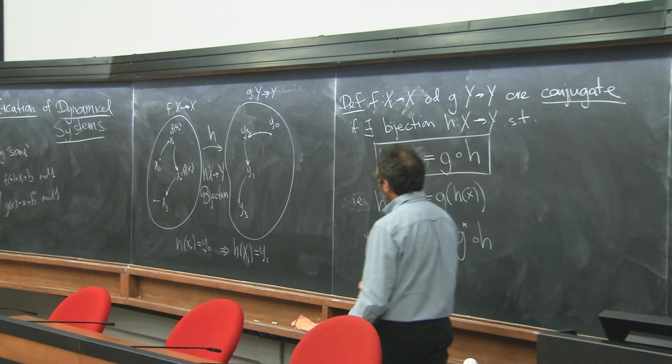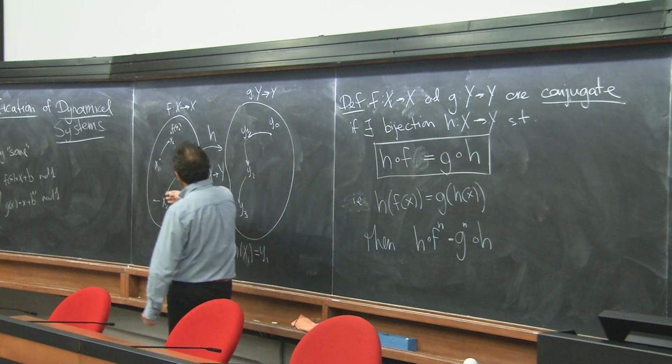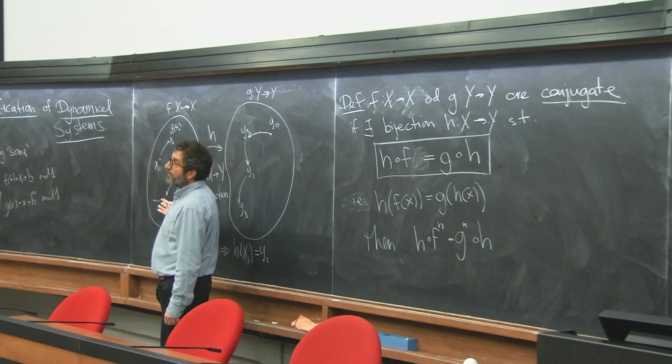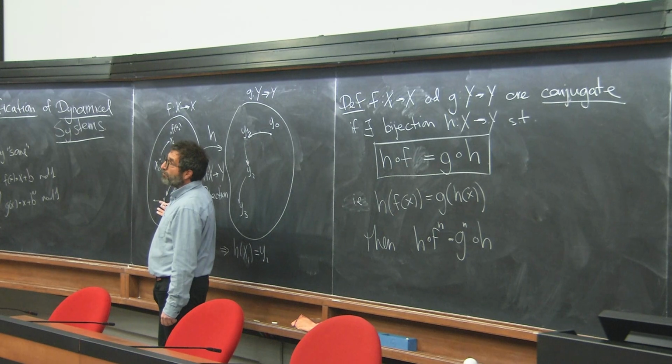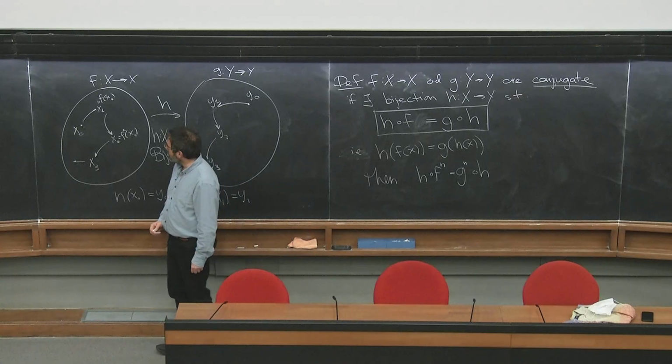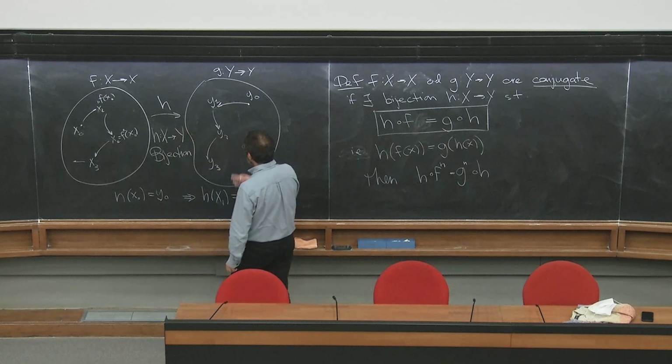So in the case in which the orbits are not periodic, we describe the omega limit set of an orbit, right? And so